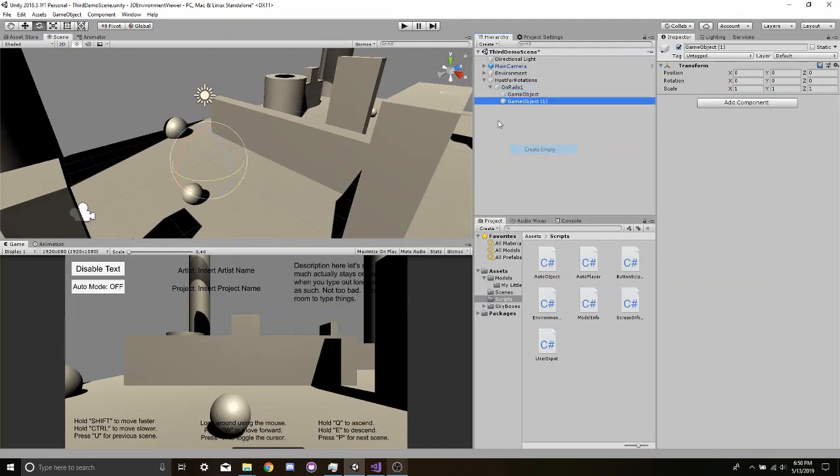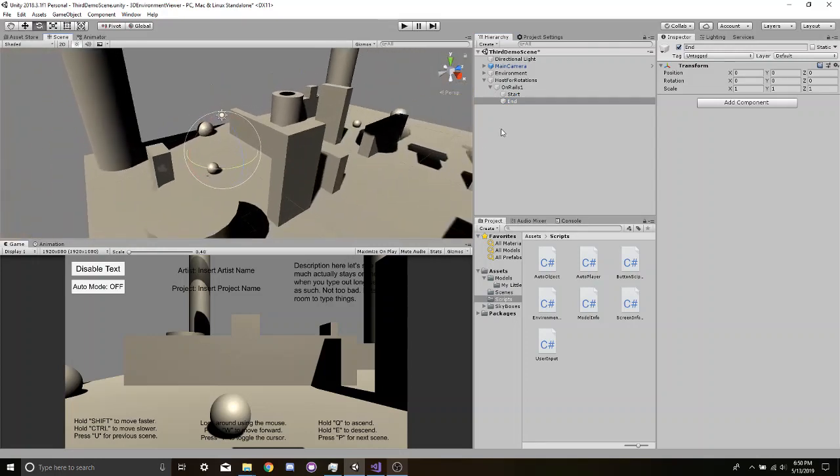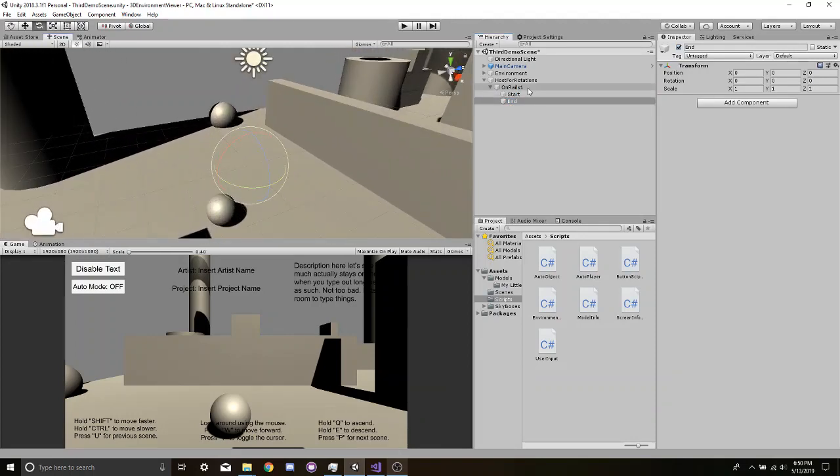I'm gonna go ahead and create another 2 empty game objects. I'm gonna rename this one start, and we're gonna rename this one end. So these 2 things, the only thing that you need to know about them is their positions. Right now they're at the same spot. That wouldn't be a very interesting transition. So basically after you create this empty game object and any other one after this, like if I want to name this one on Rails 2,